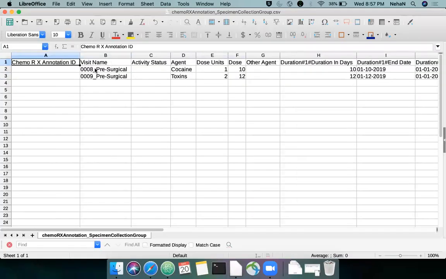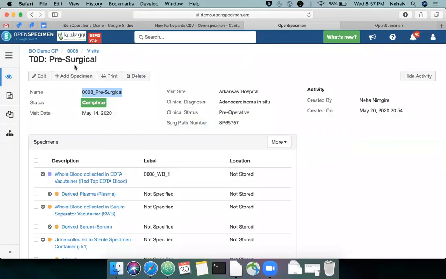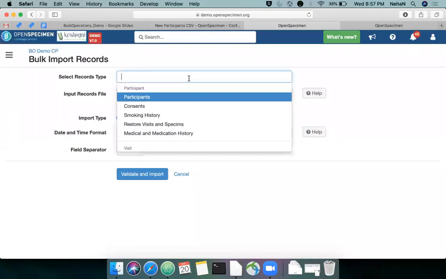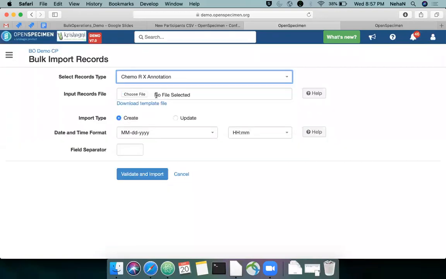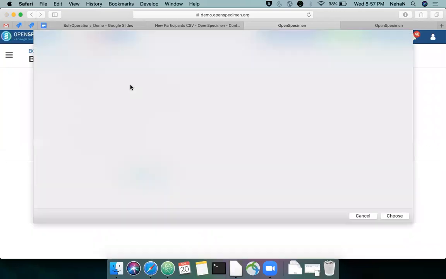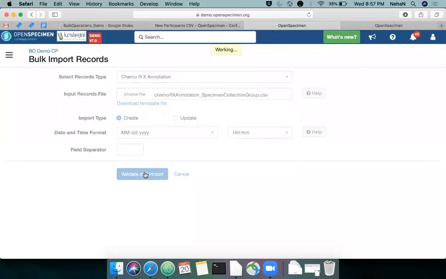So when uploading data for the custom fields, each file will have a field for ID. Okay, so when you are creating data, this ID field is not mandatory. But when you want to update the data, each form record gets a unique ID. So I'll show you the ID when I do that. So let's just import specimen data and my chemo form. Okay.